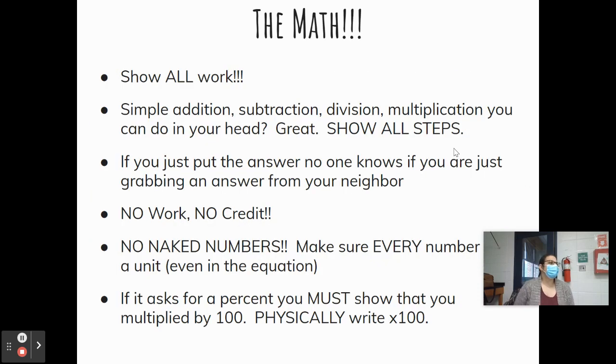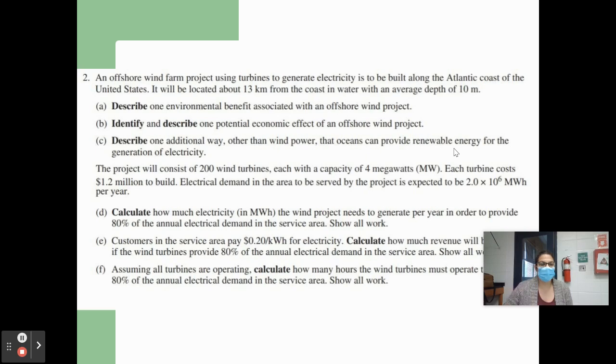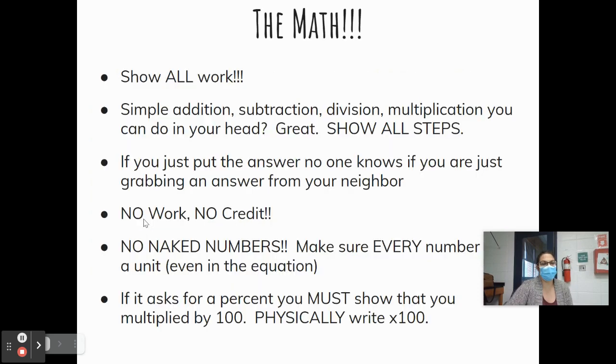So the math. If you notice for the question here, A, calculate how much electricity in megawatt hours the wind project needs. Customers in the service pay this much, calculate. Assuming the turbines are all operating, calculate. Okay, well, maybe I know how to do this section, or I don't know how to do D, but I know how to do E. I just don't have the number from D. So